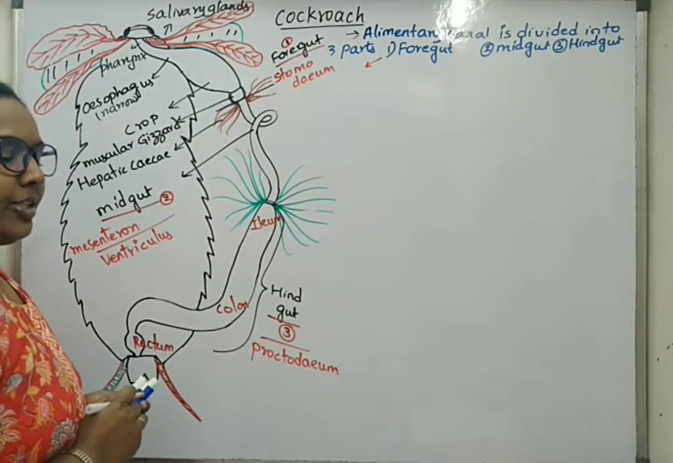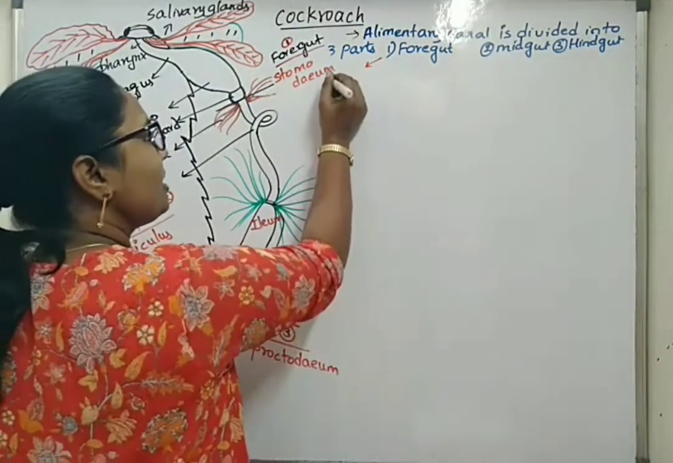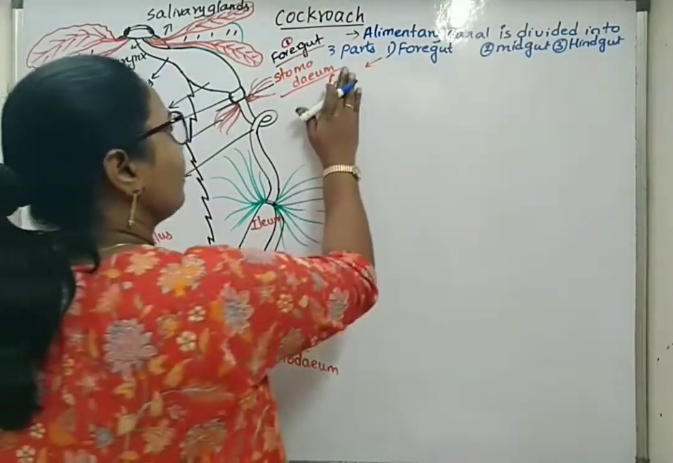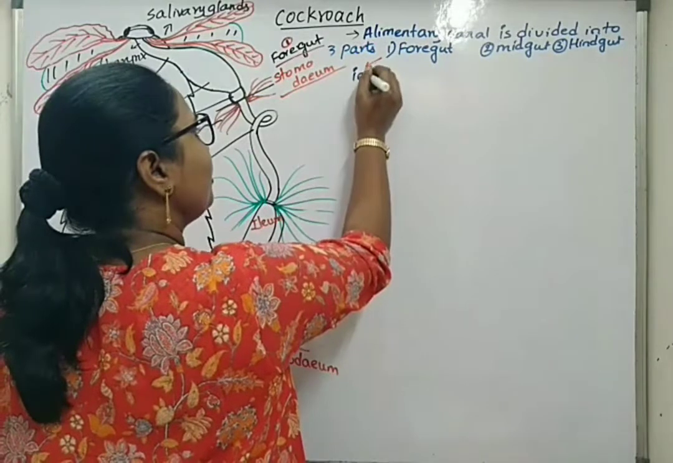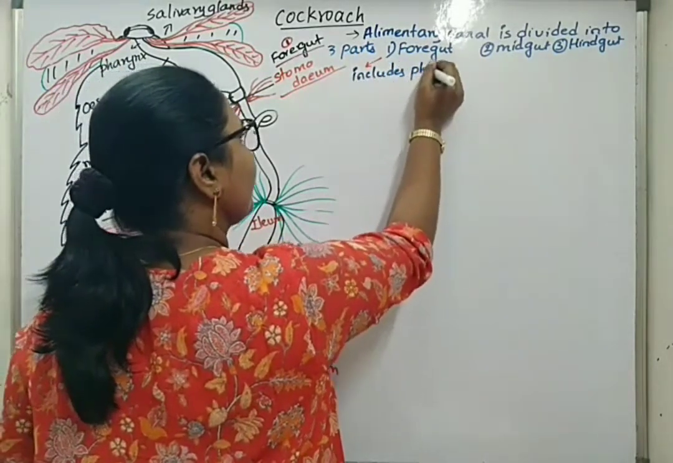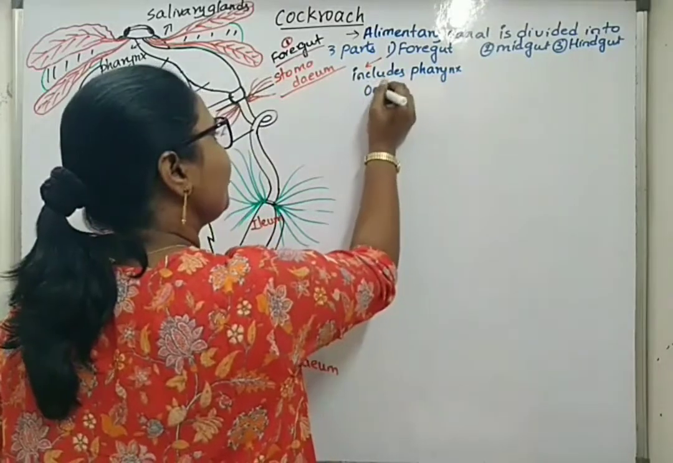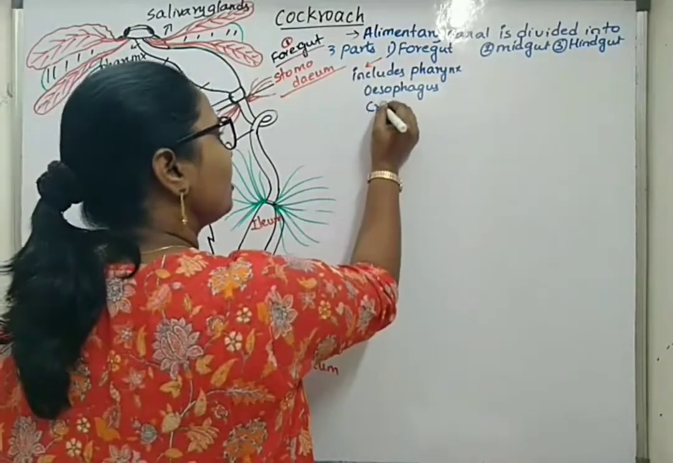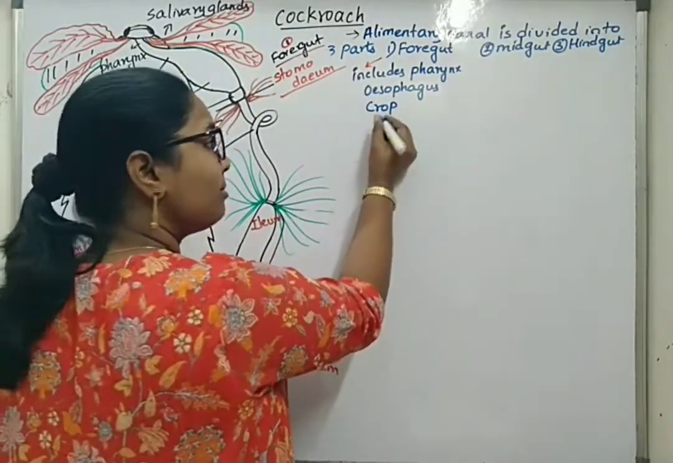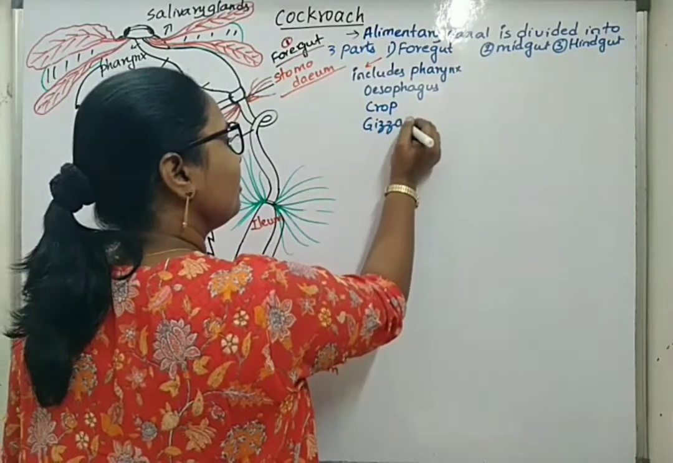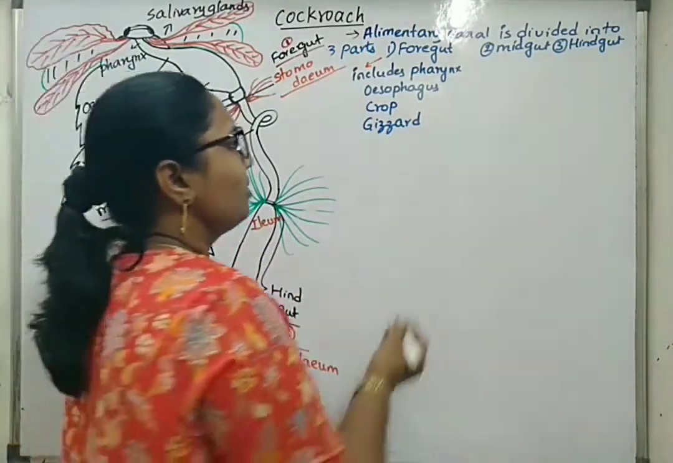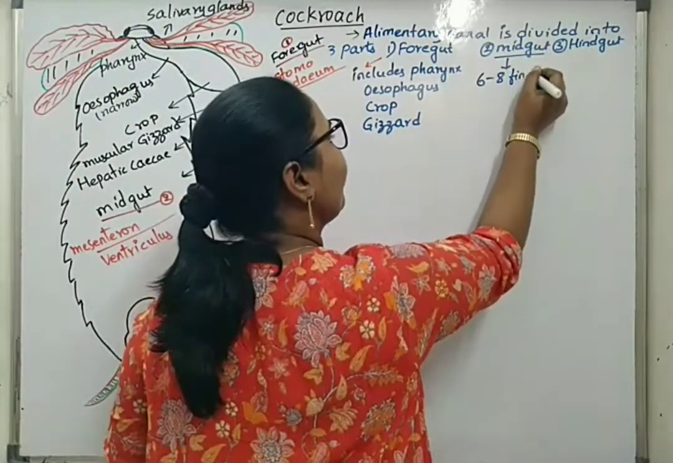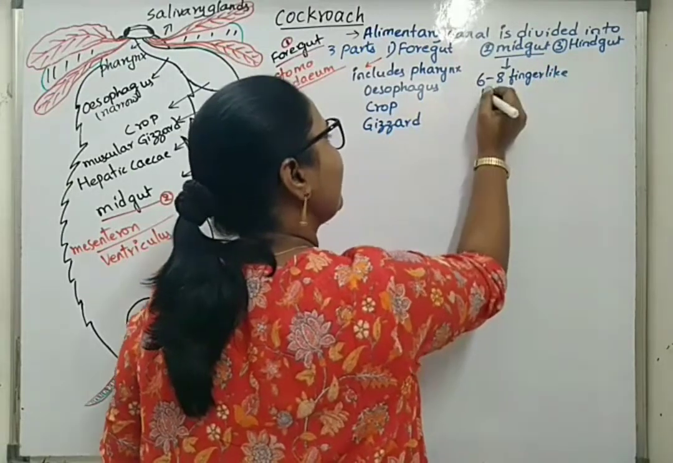It starts at the region of the pharynx. So foregut includes pharynx, esophagus, which is a little bit narrow, crop, and the muscular, thick-muscled gizzard. Midgut includes 6 to 8 finger-like hepatic caecae,